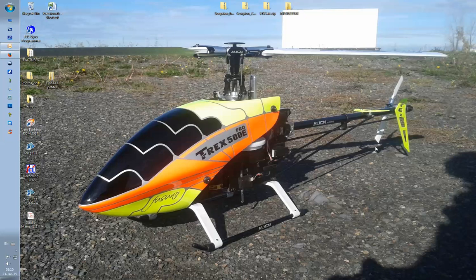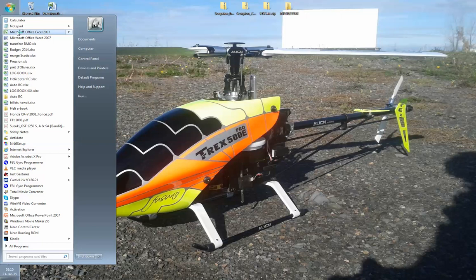So let's start. You did your recording with the Traxxas application and you send it to yourself by email. So here it is on my computer, recording.1.csv. I'm just going to open Excel here,